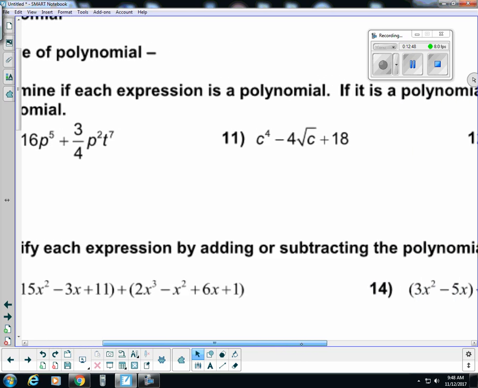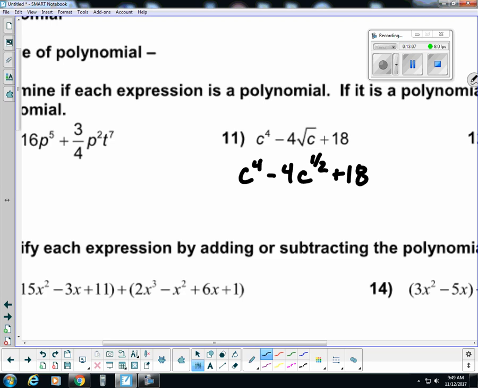Okay, I'll tell you right off the bat, this is not a polynomial. Okay, well, why? Well, why isn't it? I'm going to rewrite number 11 like this. C to the fourth minus 4c to the 1/2 plus 18. Now, in order to do that, okay, I've got to understand this, all right? That the square root of anything, whether it's x, c, 18, 24, whatever, is really that number raised to the